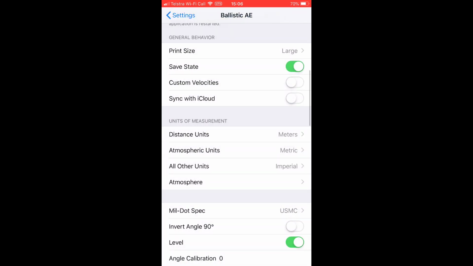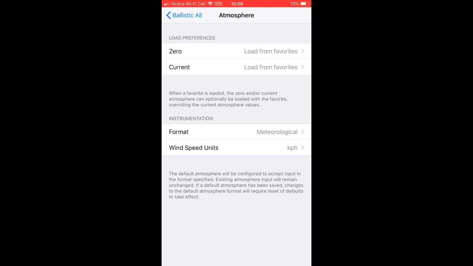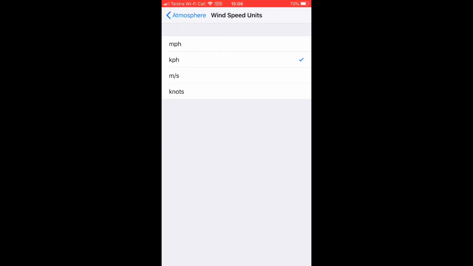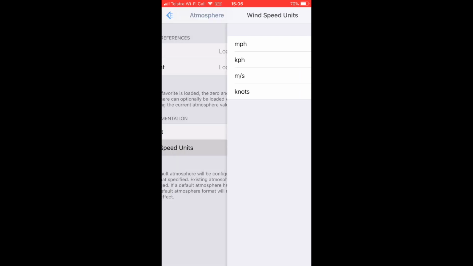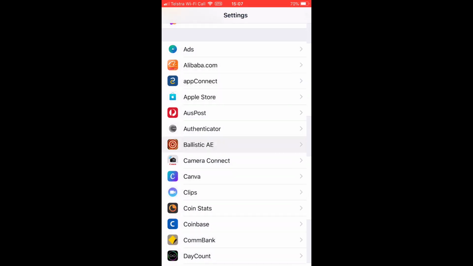Reason being is that when we talk grip size and that, usually, although we encourage and use milliradians and meters, we talk in grip sizes in MOA, in inches. Bit of a crossover there, but it's just how the shooting industry really rolls. Atmosphere, wind speed. This is where you select, you have miles per hour, kilometres, meters a second, and knots. We teach in kilometres. Miles is also popular as well. It's just whatever your flavour is. So once you have that selected, you can go back to